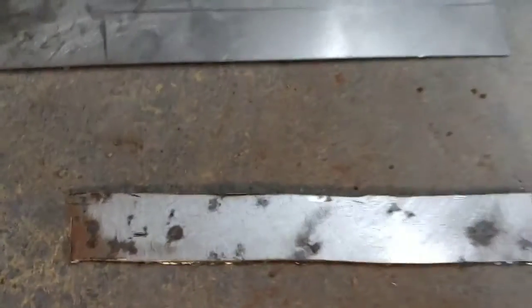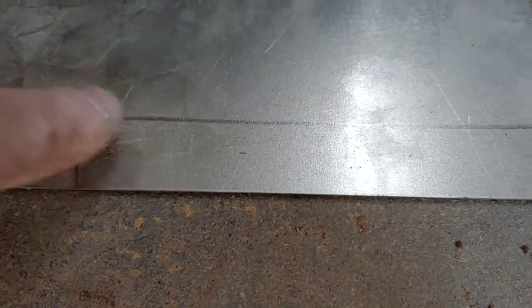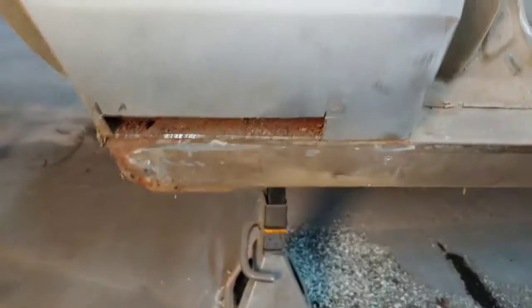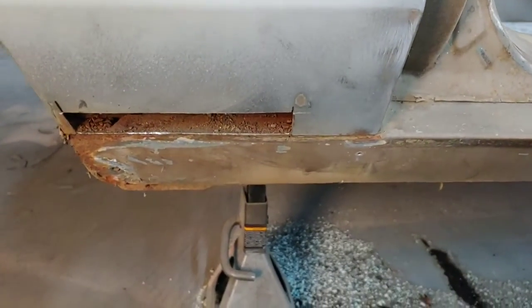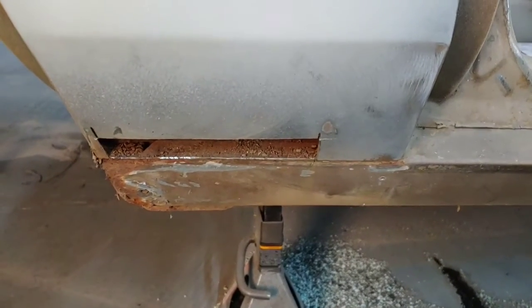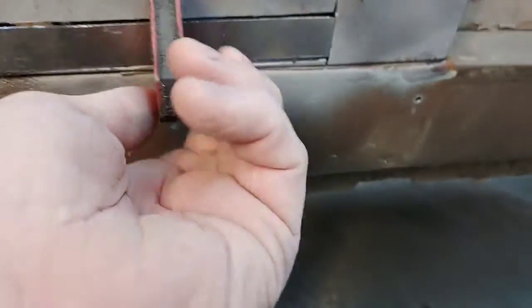So here's the piece that we cut out. We trace it on that panel and we'll cut onto the inside of this line, and we'll take our magnets and tack it in. We also treat the back part of that panel with 3M weld through primer, and then later on we will undercoat that quarter panel again. On there, now we'll take this off,